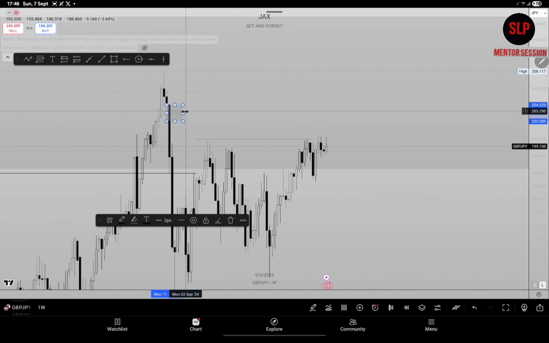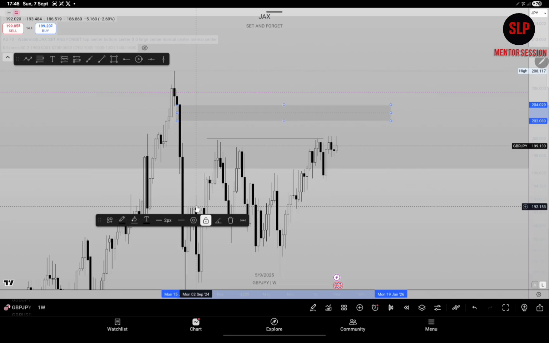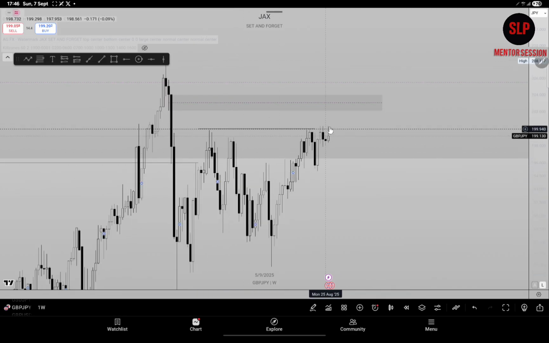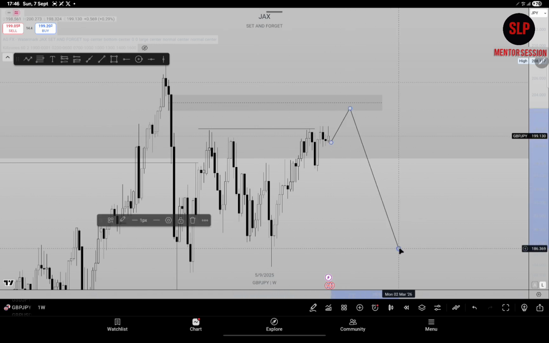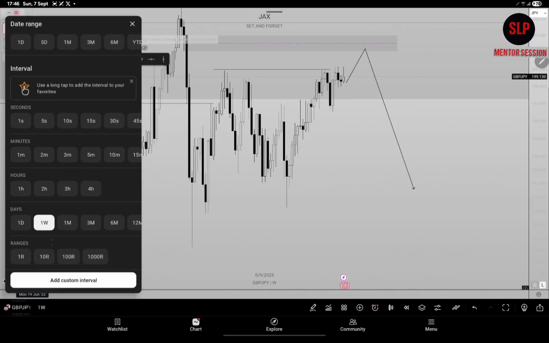If you actually backtest a lot, you know that what we have right here will be a breaker block on a lower time frame. So this is the closest point of interest, not really this other block. Remember, on the monthly time frame, from here it's just like an order block, but I'm just showing you on the weekly time frame, with this long week rejection down there, it is definitely a breaker block on a lower time frame. So this breaker block is the closest point of interest to this liquidity. So we're expecting price to come and tap into this point of interest and continue pushing to the downside. This is what we are expecting on GJ.